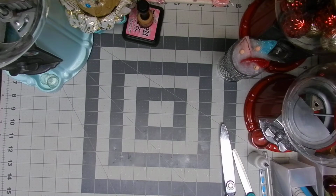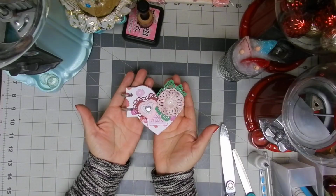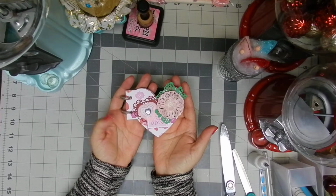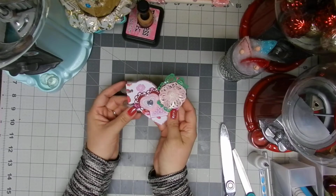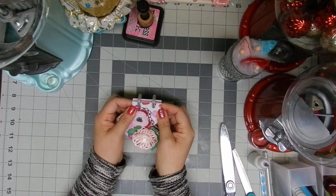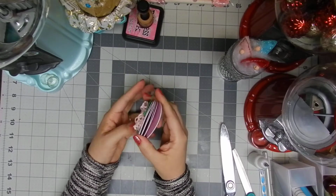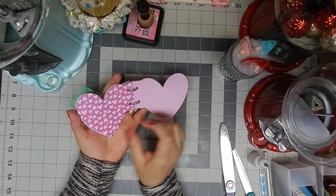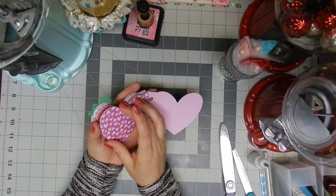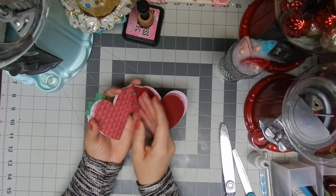Today I want to share with you a couple of things, but I want to start with this cute mini album. This one is created using my Cricut machine, and I found the heart shape at the design space, and then I just added this part over here in order to make the binding part. So I created several pages and I got cardstock in different colors, and I also used some pattern paper that I had in my stash, and of course I had to add this